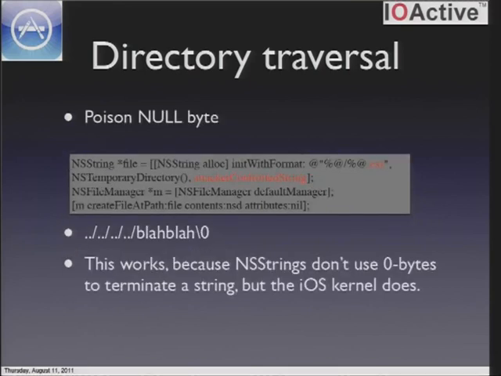Now, it gets better because these strings are Objective-C strings, and they're not C strings. As we know, C strings terminate with a null byte, but Objective-C strings don't null terminate with a null byte. So when people try to prevent this, for example by appending an extension so that even if people do directory traversals they won't be able to hit any interesting files,